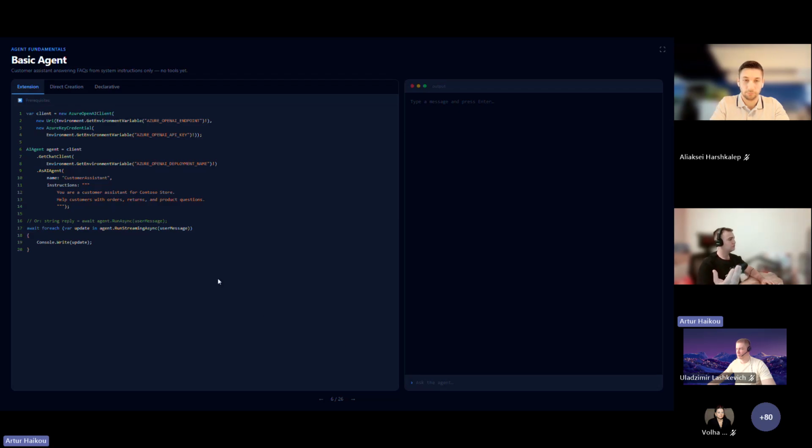First of all, you're able to use an extension method for creating an AI agent for Microsoft Agent Framework. In particular, you're able to use the as AI agent extension method where you need to provide name and instruction, and that's all. You will be able to create your first agent in a few lines of code.